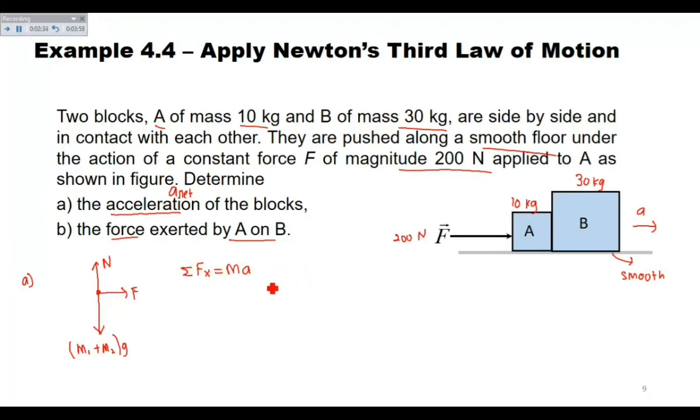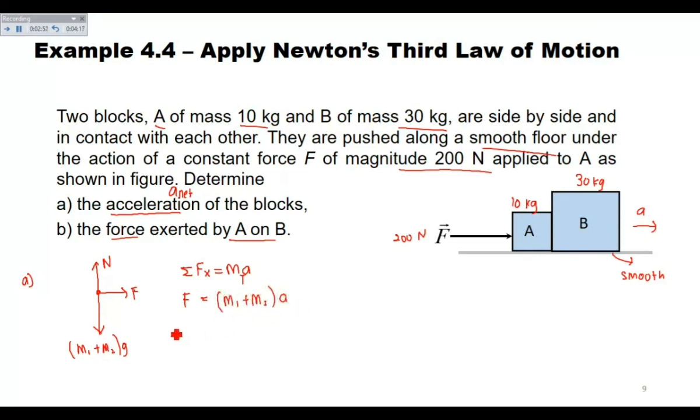Okay, so forces acting in X direction is just the constant force. Dan M ni adalah M total, which means M1 plus M2